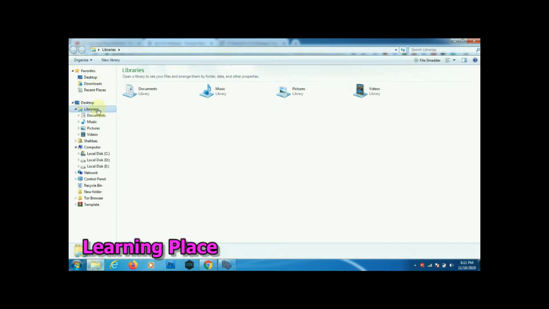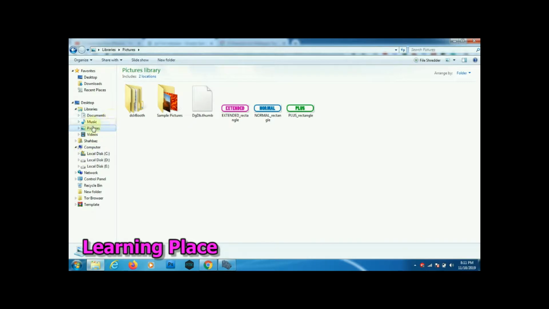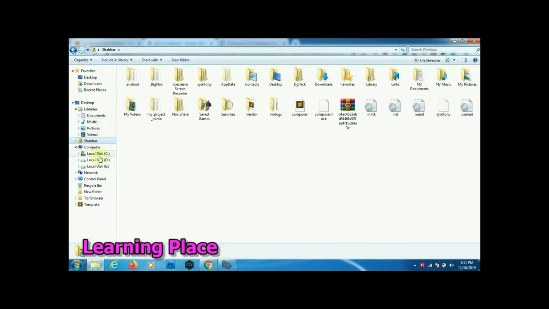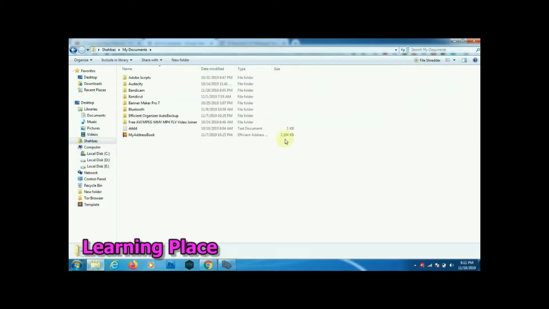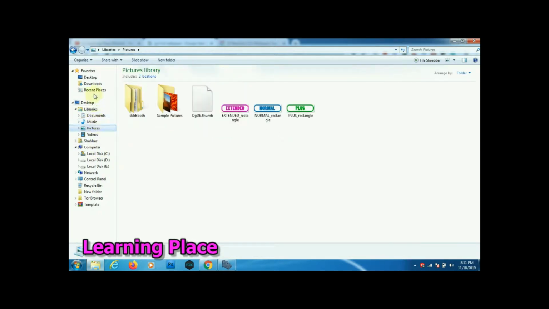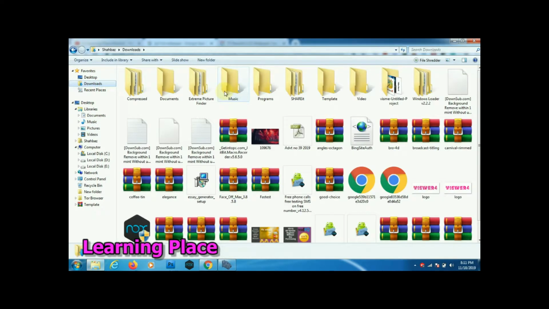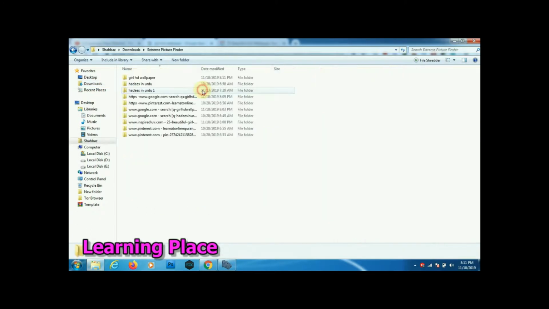Go to your library images, go to the install name of your PC, go to My Documents, and then click on image picture download. So go to downloaded and Extreme Picture Finder, and the last time I researched HD.